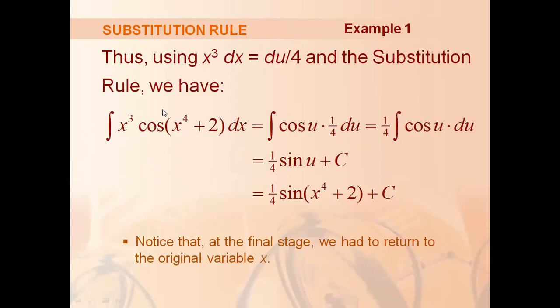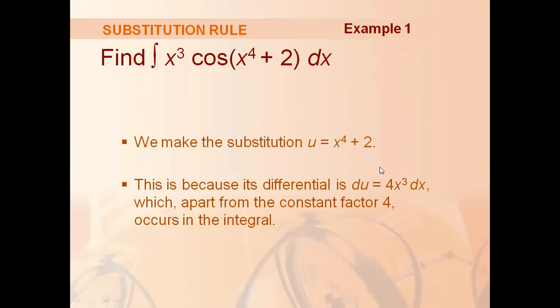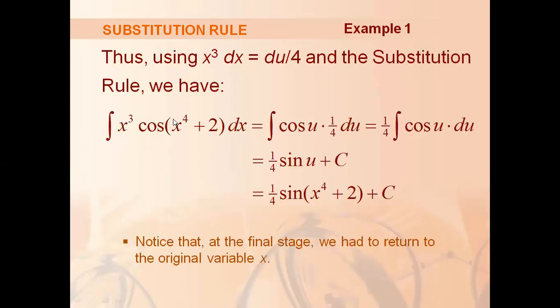And so we can write this integration as: x cube dx will be 1 by 4 du. From our previous substitution, because this is the substitution process, you are substituting u equals this into our given integral. This is why it is called the substitution process. So x cube dx means 1 by 4 du, and cos u. 1 by 4 is the constant, so it will be before the integral sign.